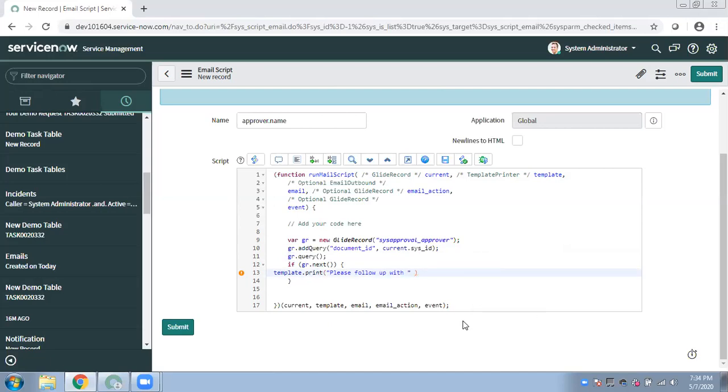We can append this fixed string with the dynamic value, which will be calculated when the record is submitted in real time.